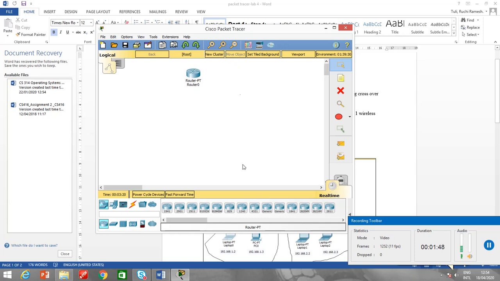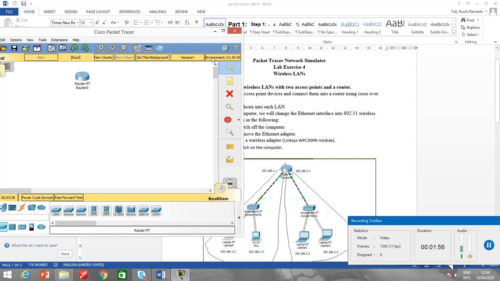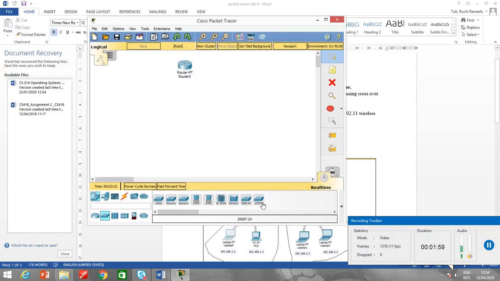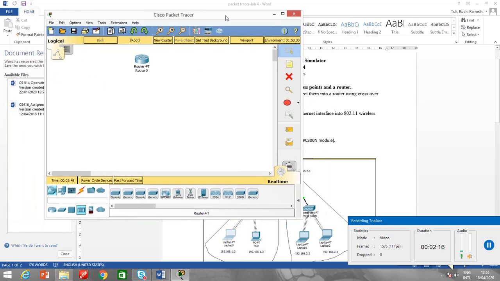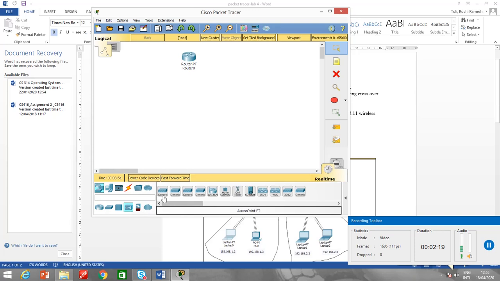Alright, let me just attach two wireless access points first. Now which type of wireless access point? It's access point PT, right? So let me go to the wireless devices, and I have access point PT, the first generic one. You can check the name, access point PT. The second one is access point PT-A, then access point AC. According to the figure, it's access point PT. I attach these two